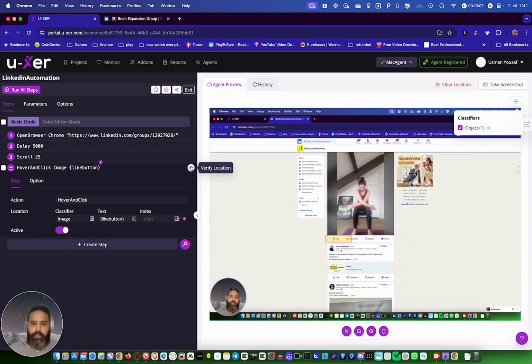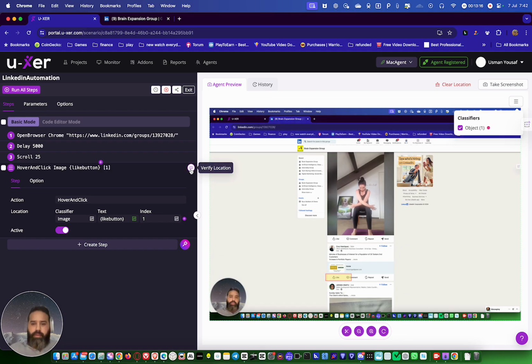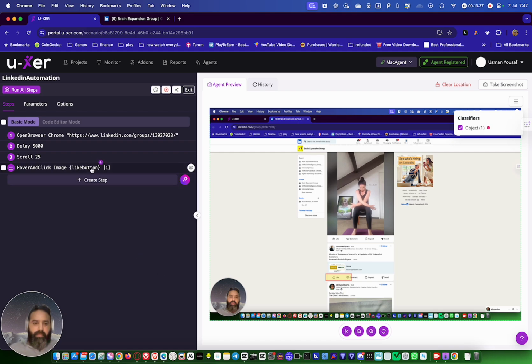Okay, see, I selected this. Now let's put 1 here and see what happens. You got the point? If there are two same buttons on the same page, if we put 0, it will always select the first one it sees. And if we put 1, it will select the second one on the same page. But for this, we leave it empty. Okay.